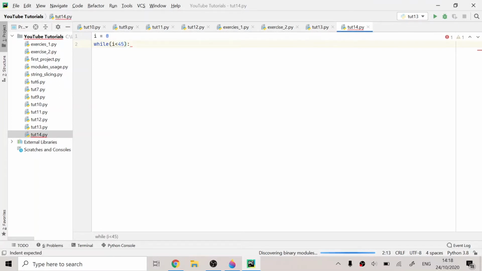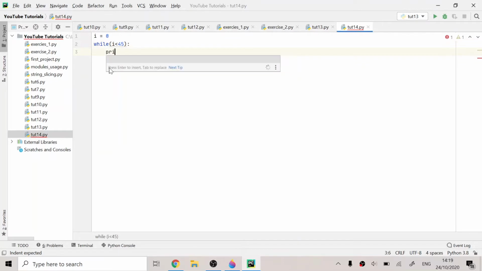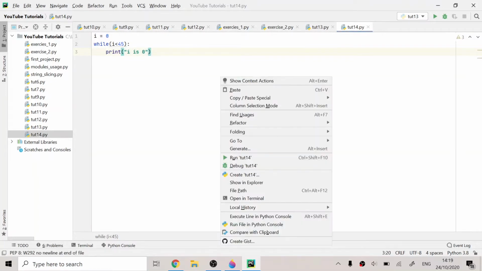And as I talked about the colon, if you want to go to a movie cinema, you need a ticket. Just like in Python, if you want to enter if else statements, a for loop, or a while loop, you have to put a colon. So I put a colon in front of the condition, and now I have entered the while loop. In the while loop, the program should print that i is 0. Okay, so if I run this,